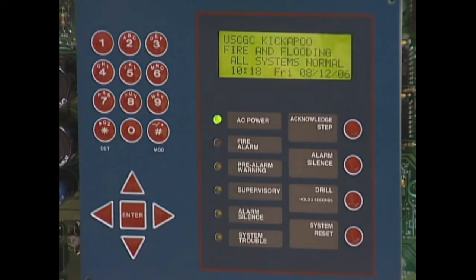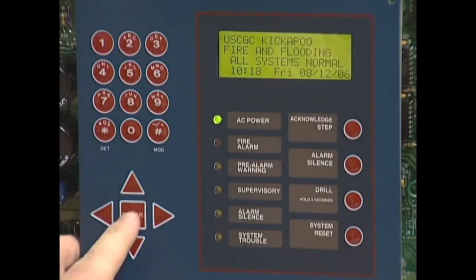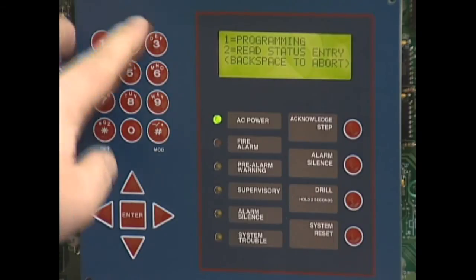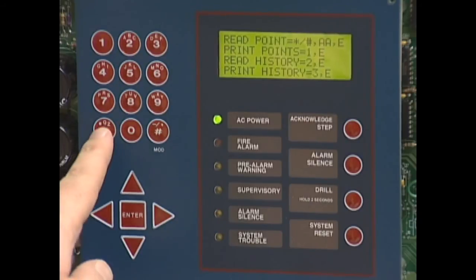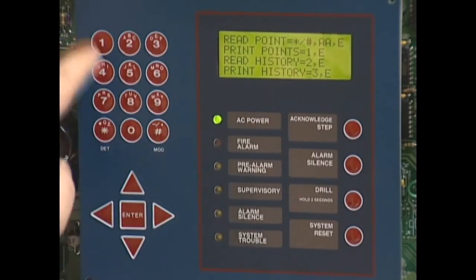If you wanted to read a specific detector and see what it sees, you would press the enter key, press 2 for read status, and then enter in the detector that you would like to see. You would press star for a detector and pound for modules. So you press star 01,